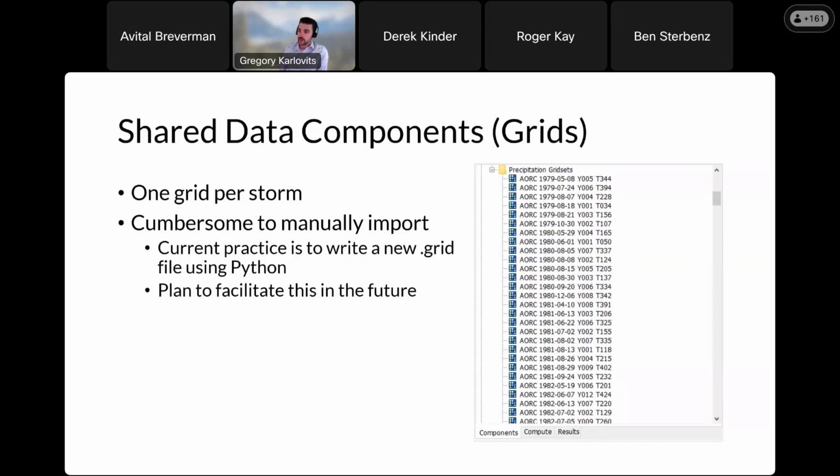Now, this is where all of the magic really happens, in prepping the data. So we talked about developing a catalog. In HMS, we use these things called shared data components, which are stores of data that can be used